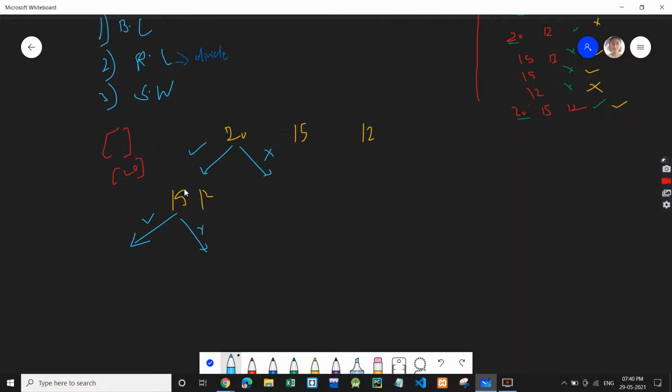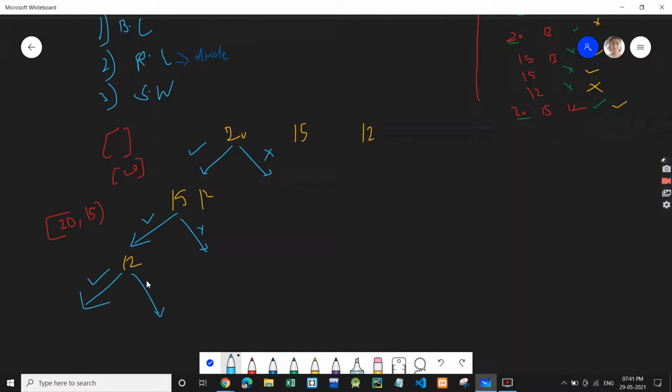If we take 15, we already have 20 in our subset, so our subset will become 20, 15. Then we will do the recursive call on the rest of the array, which is only 12 now.